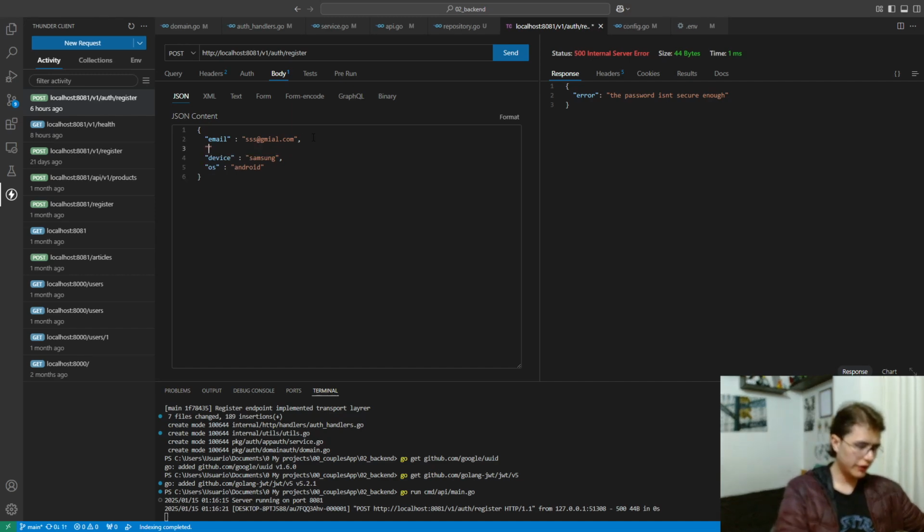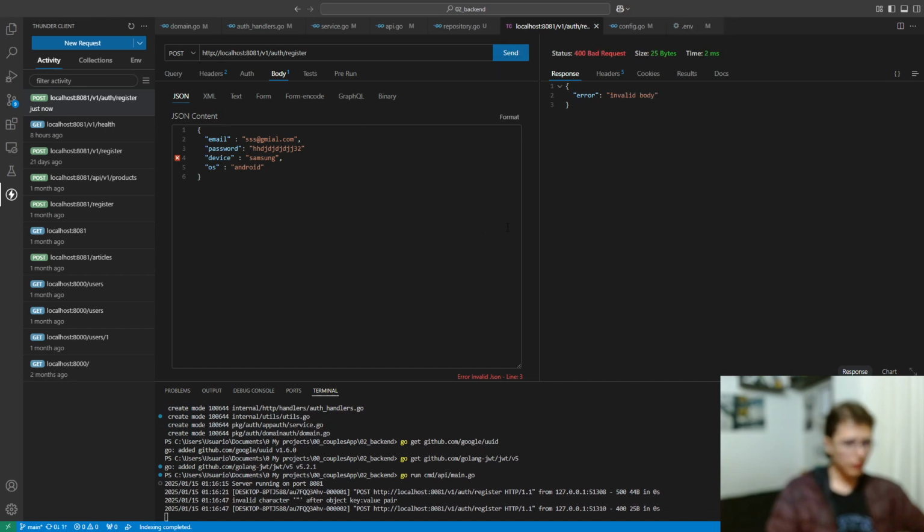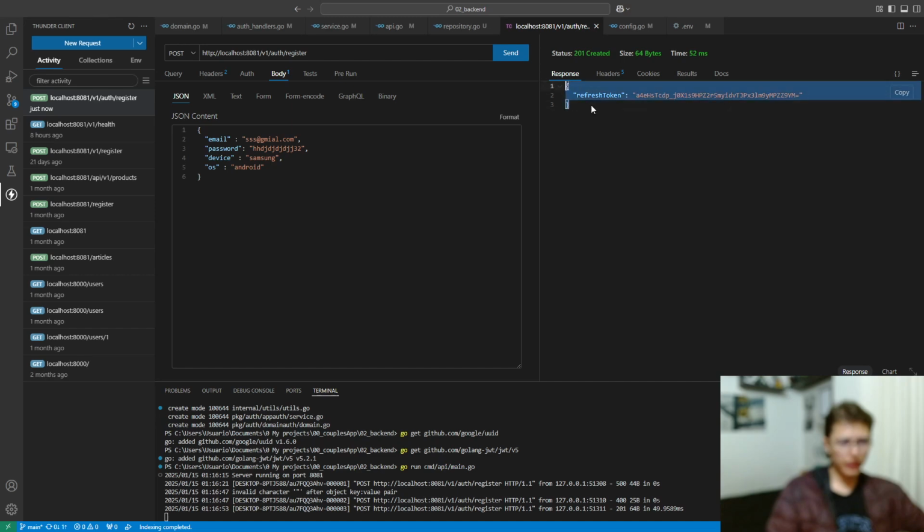because as I said, it can be null, it can be empty, because I'm using Auth 2. However, I have to check how I will manage that in the future. Invalid body. Why is it invalid? Because a comma is missing, and then I get the refresh token, like if everything was working perfect. So here I have it,